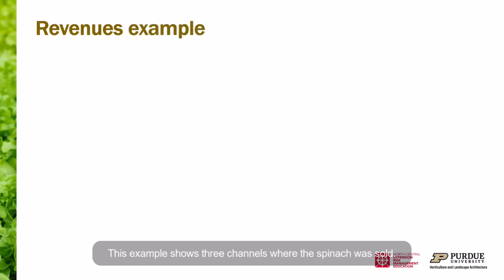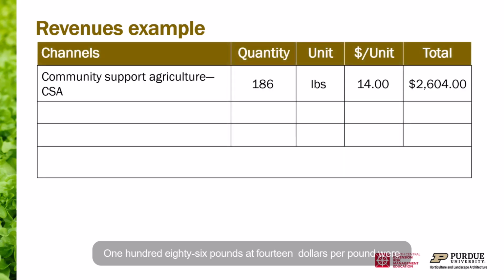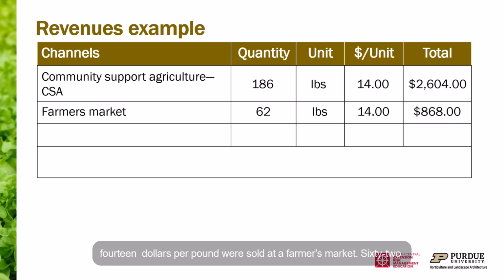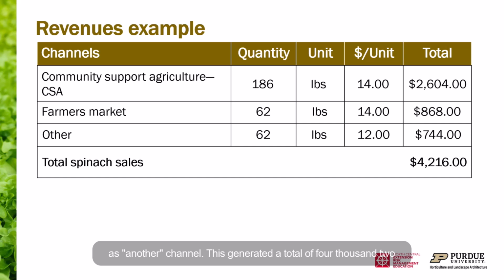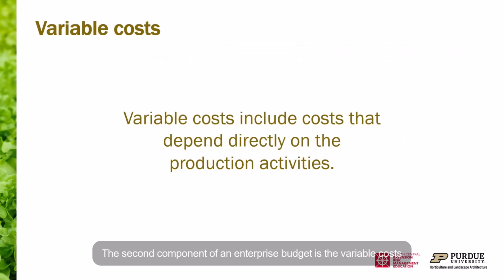This example shows 3 channels where spinach is sold. 186 pounds at $14 per pound were sold to a community-supported agriculture. 62 pounds at $14 per pound were sold at a farmer's market. 62 pounds at $12 per pound were sold, which we categorize as another channel. This generated a total of $4,216 in sales. The second component of an enterprise budget is the variable cost, which are expenses that change directly